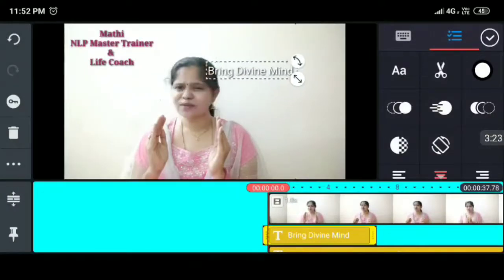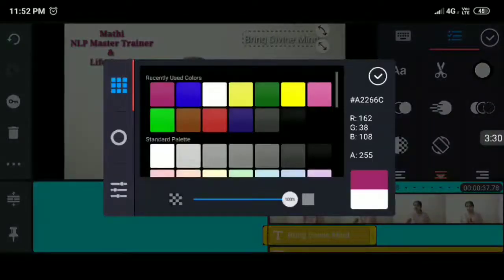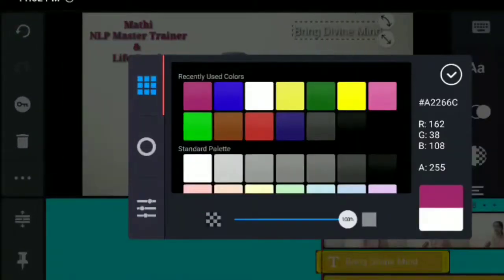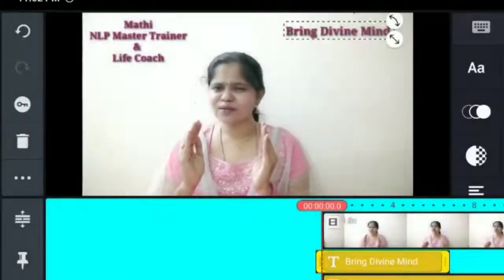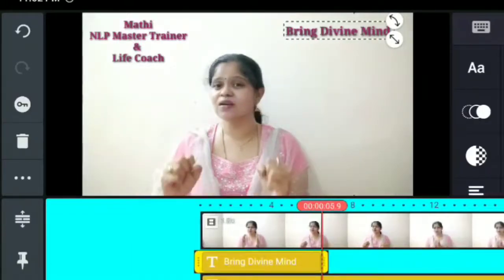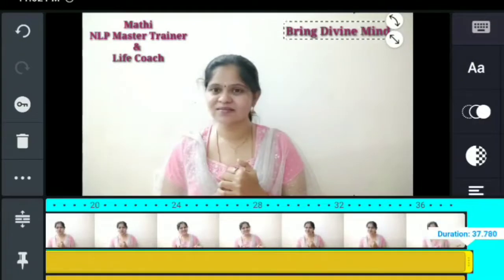See, now you just move to this corner. The same way you just choose the color pink so that it will be uniform in color, and then Noto Serif Bold. Fine, you choose both the sides as equal color, then only it will be looking good. Okay, now what you're going to do is you just expand this Bring Divine Mind also till the end. Fine,